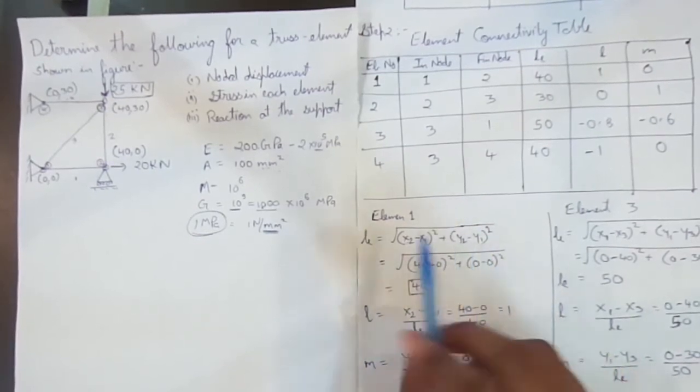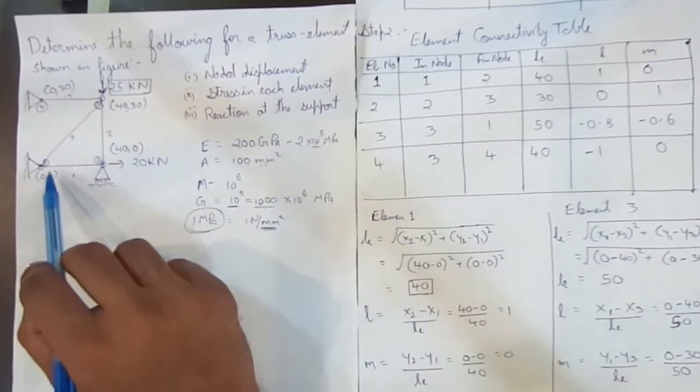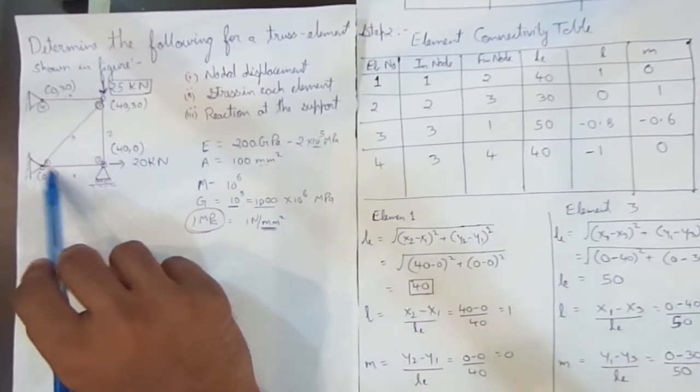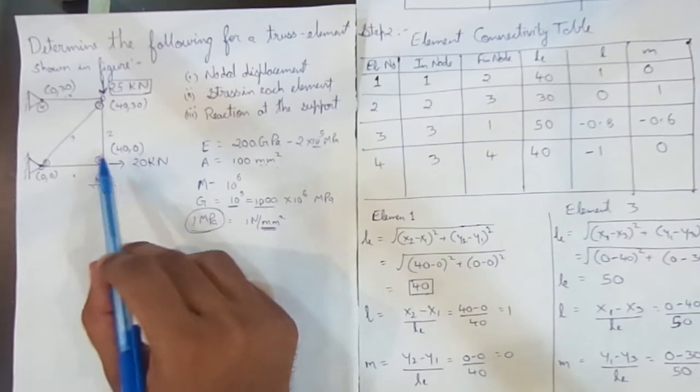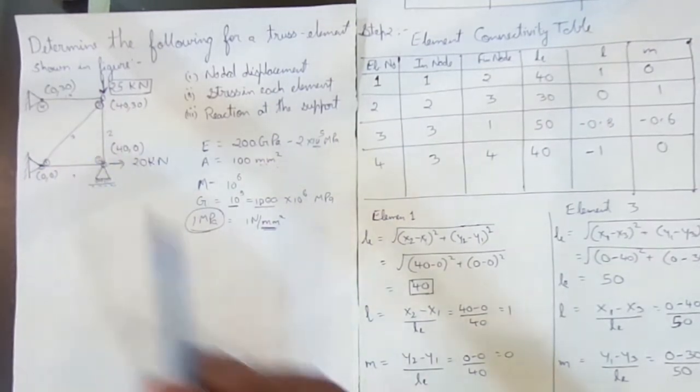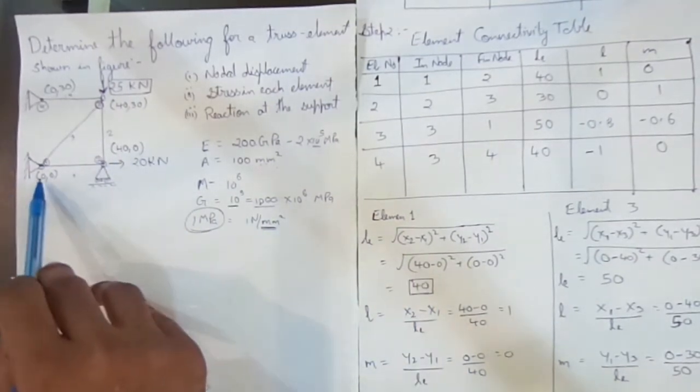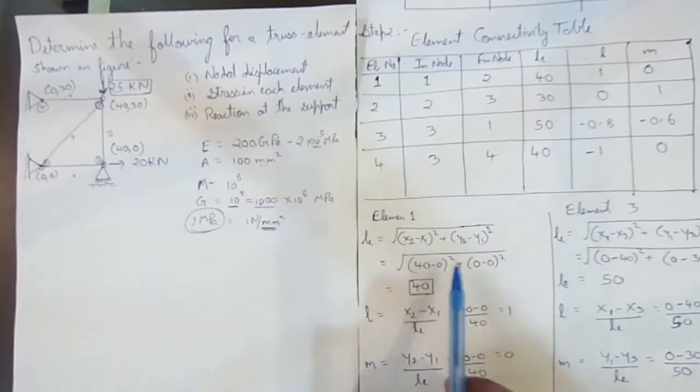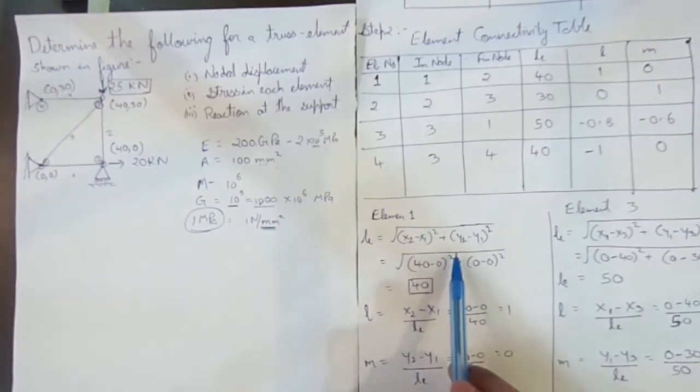Now let us see where is element 1. This is element 1. I hope you can see element 1. Final node, initial node. Final node, what is the x coordinate? 40. So I have written 40. Initial node, what is the x coordinate? 0. So I have written 0. 40 minus 0 whole square plus